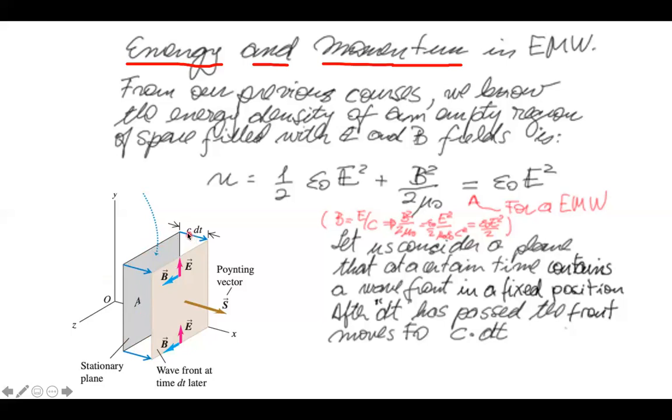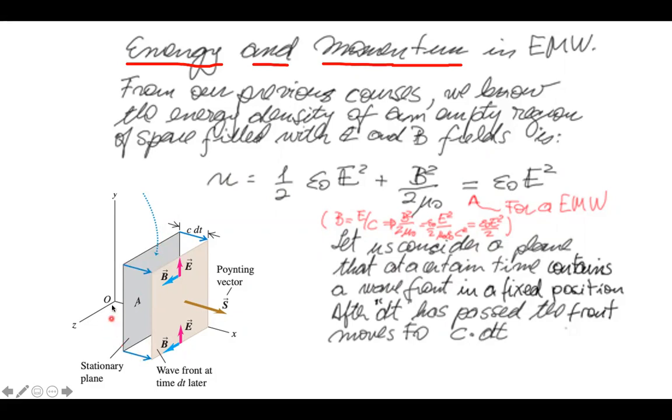So the energy density of the field in here can be written in this way, particularly because it's an electromagnetic wave. Before we didn't have any field in here, and then after dt, we will have this whole volume full of energy. So we would like to consider those two planes, and actually the total energy in this volume here,